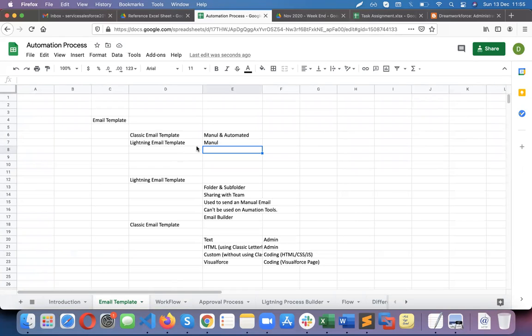So that is the Salesforce review. Basically, we may get upcoming releases. But at the moment, once you design a template using lightning, you cannot use that email template to automate it.